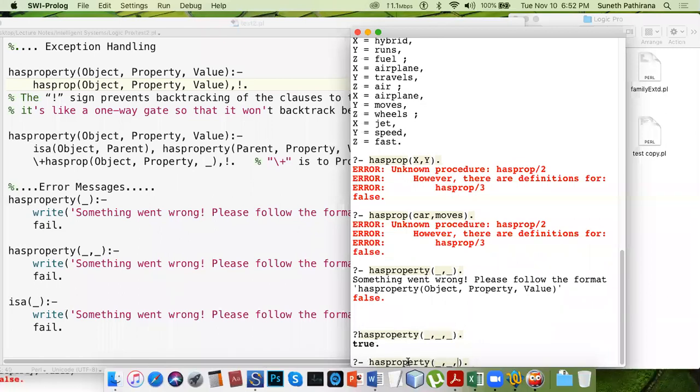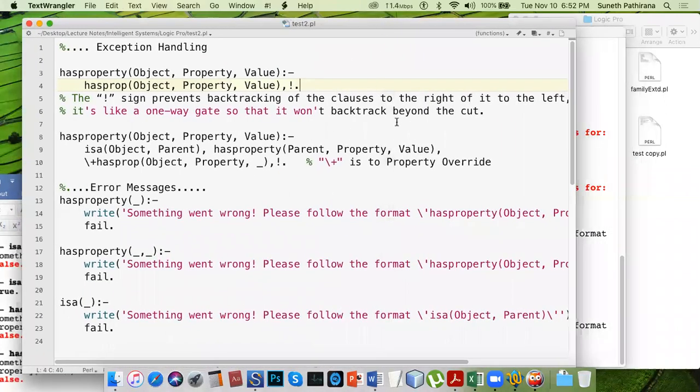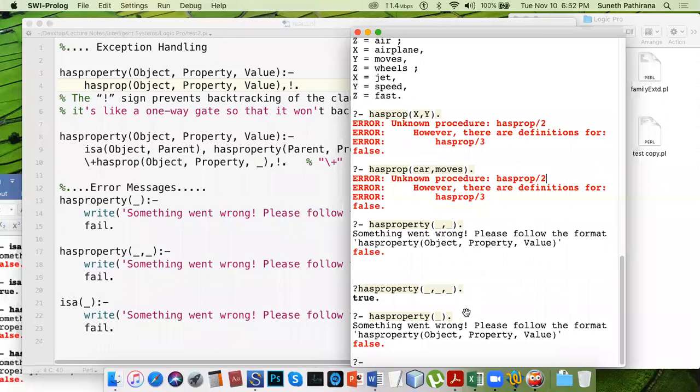If you try to use only one parameter, again it gives the error message. So you can search the internet for how to define this. This is the missing parameters case; incorrect input arguments can be one error type.